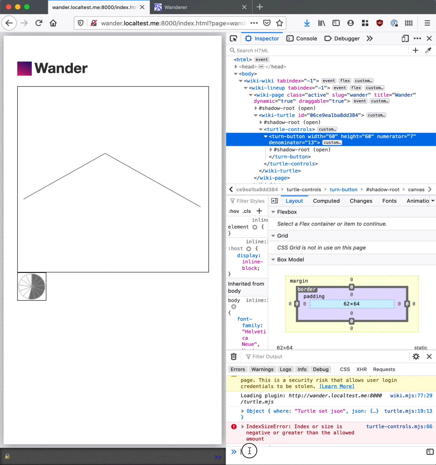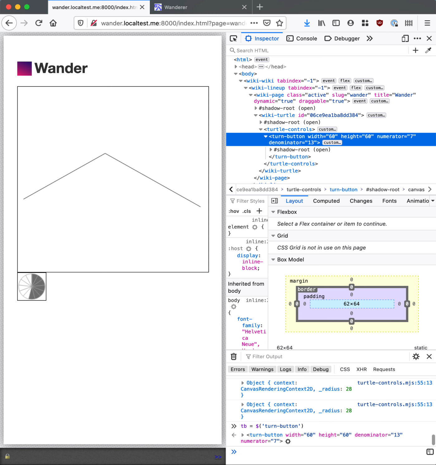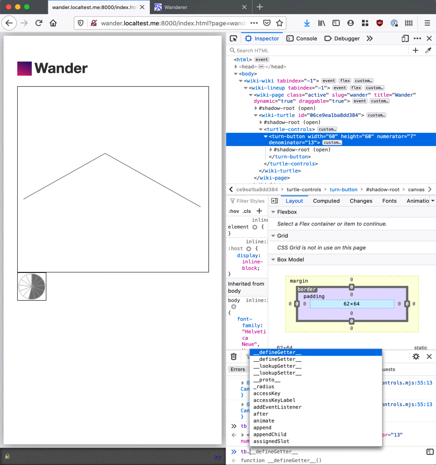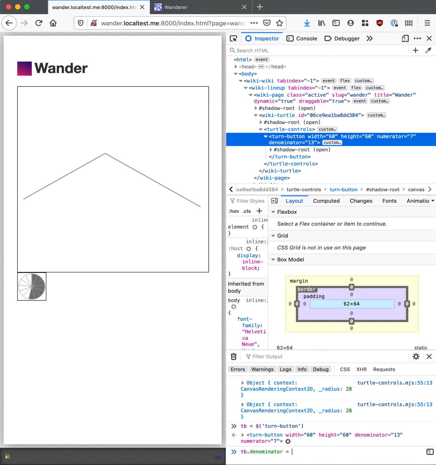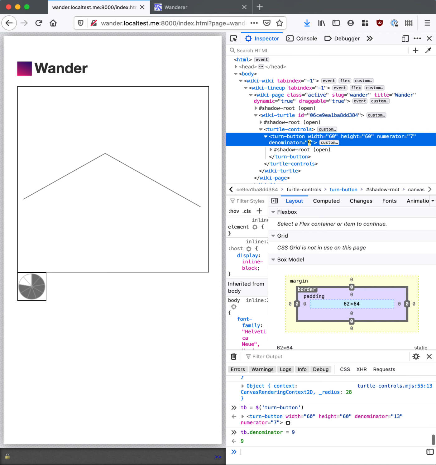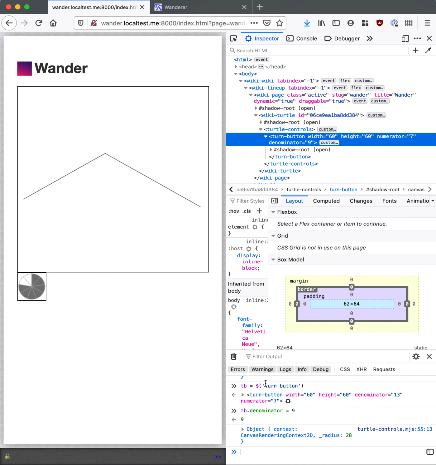And then it's similarly cool if I go get the command line. This thing is a turn button. I only have one of them. So if I set the turn button denominator, need to keep it higher than 7. Let's go 9. So having changed the denominator in the JavaScript console, it also re-renders, and that change is also